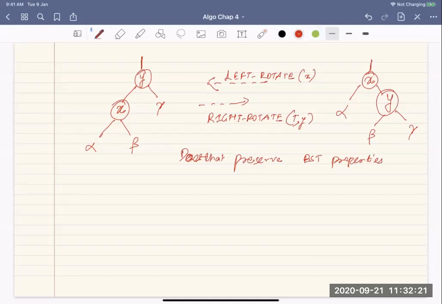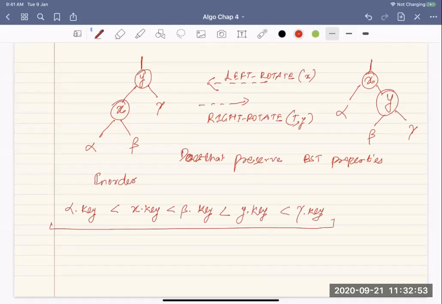So I can put the in order traversal: alpha dot key, that means all the keys of nodes in alpha, will be less than x dot key, which will be less than beta dot key, which will be less than y dot key, and this will be less than gamma dot key. That is the in order traversal, and this will be the sorted order. So this is the particular ordering that BST is maintaining.